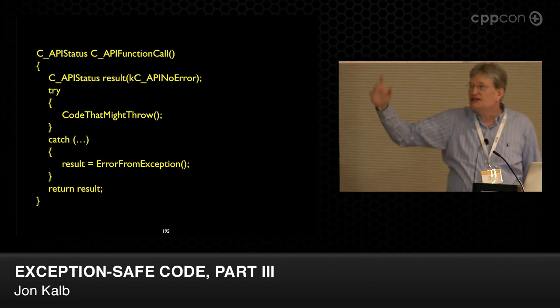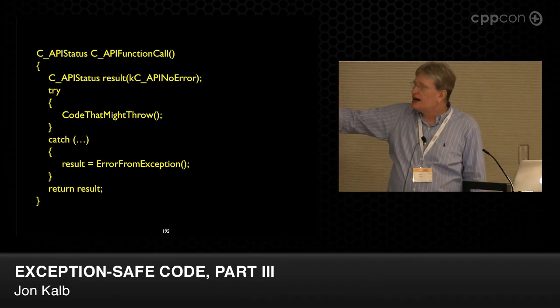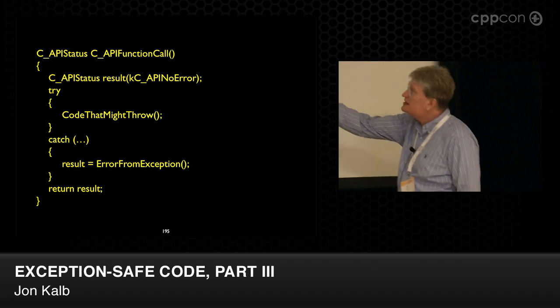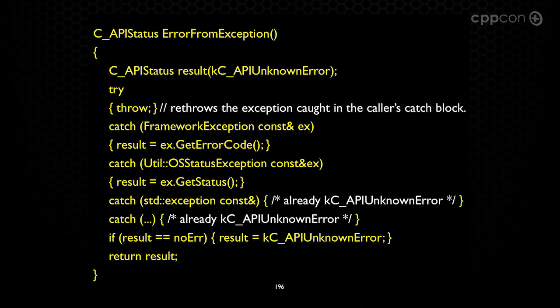Okay, how many people know how to implement this function that automatically changes an exception into an error, when we don't even know what the exception is? It's catch... we don't know what the exception is. And yet we're going to magically do this. How are we going to do this? Magic. What we do is, in our function, the first thing we do is put inside of a try